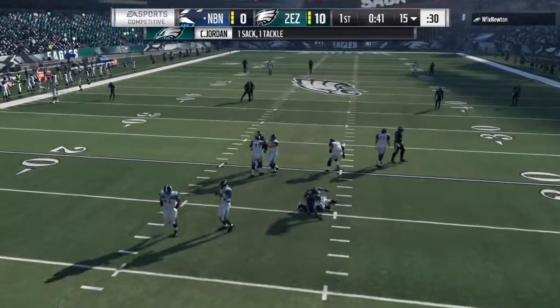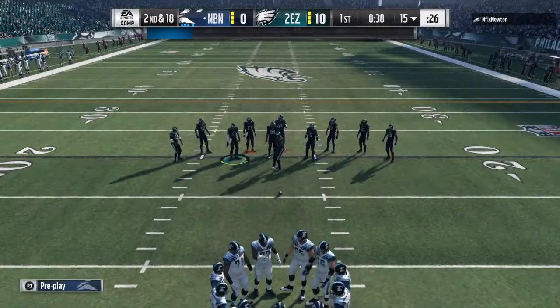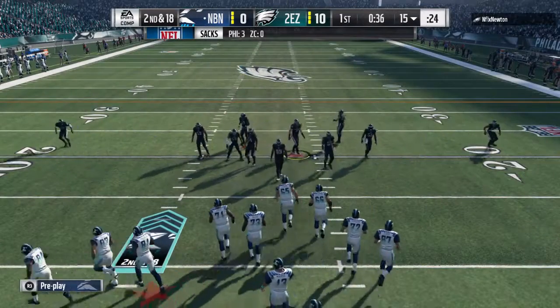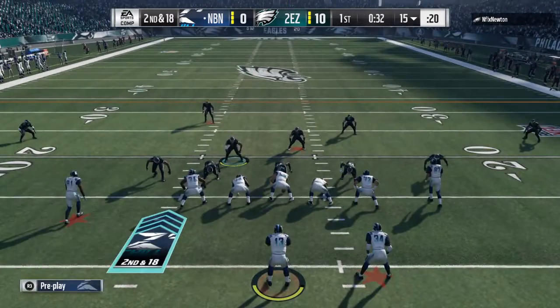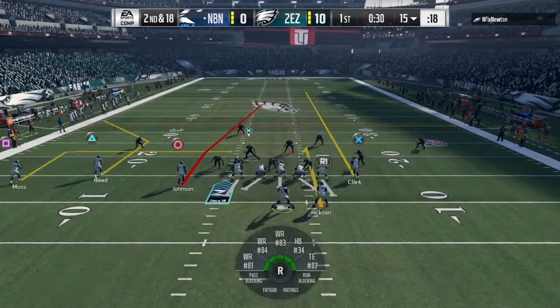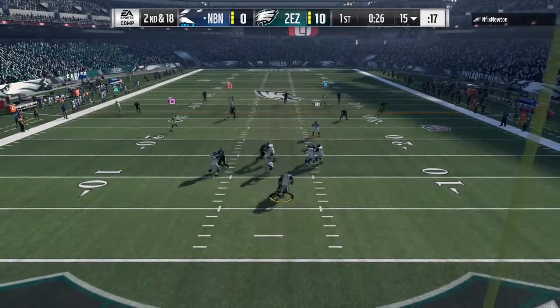And pressure coming, and they got him once again. Cameron Jordan in there to drop him, and it'll be a loss of about 8. I'm starting to feel for that quarterback back there. I mean, you know me. Normally, I don't have a lot of empathy for the QB, right? In this case, definitely. He's been under constant duress this entire...